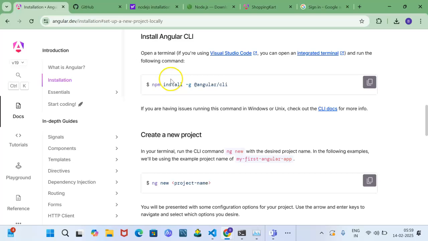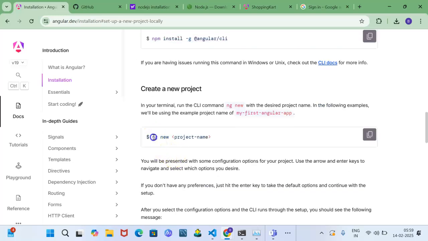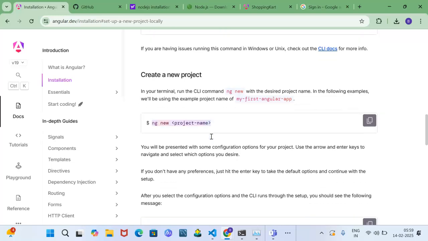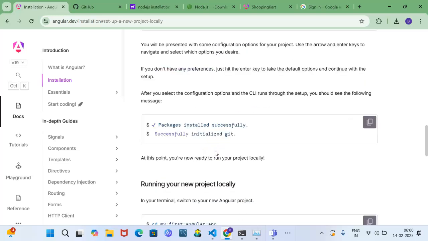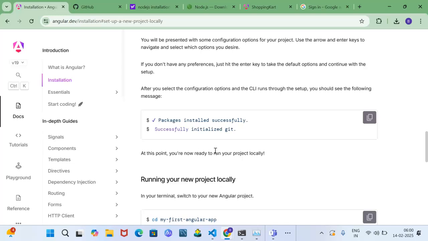This is just a normal set of commands we have to give. When you have Node.js in your system, the command will run. This command will run in the command prompt, and then we create a new project with this command. Nothing much, just by this command the Angular CLI will be installed into the local system. By this command, Angular will create a new project and give some set of files,